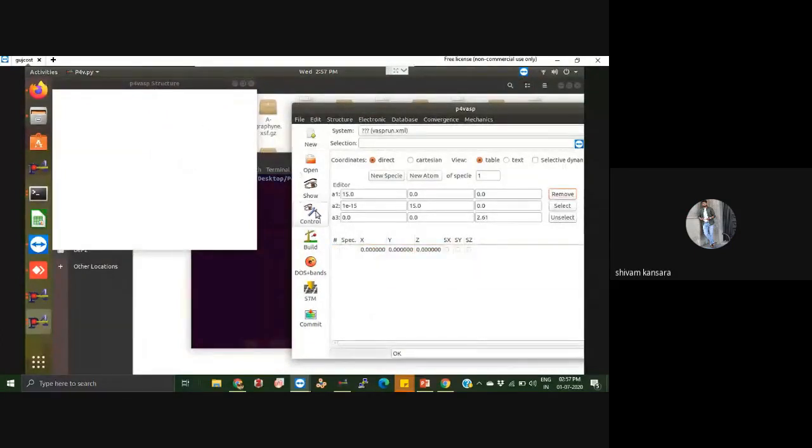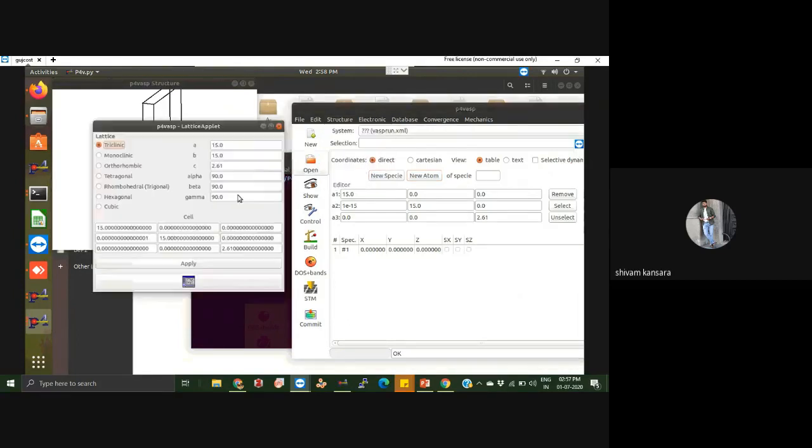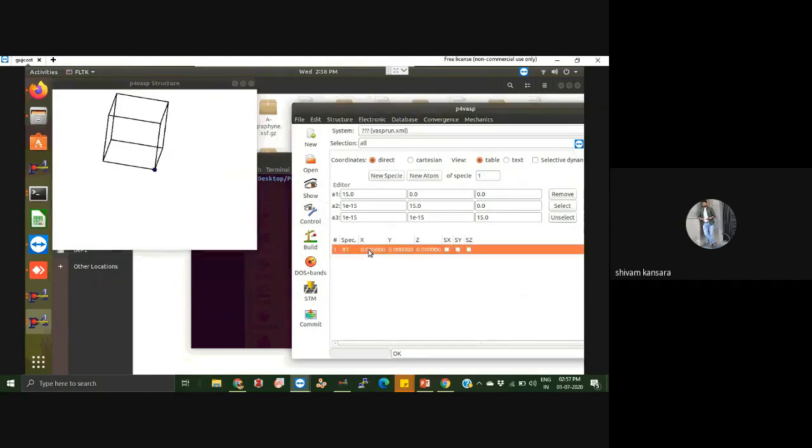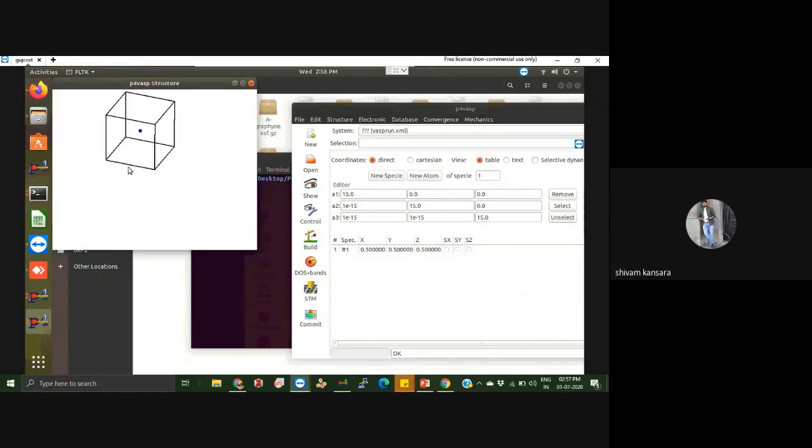Okay, fine. So again, build a new atom. In the one-dimension system, we have to confine 2 dimensions, but in the zero dimension or a quantum dot, we have to confine all the dimensions. So in the tetragonal, also take 15 angstrom. So this is like a cubic structure. Take it 0.5, 0.5, and 0.5. So this is the mid center of the cube. This atom is totally confined from the neighbor structure or the periodic system structure. So this is one example of a zero dimension structure.